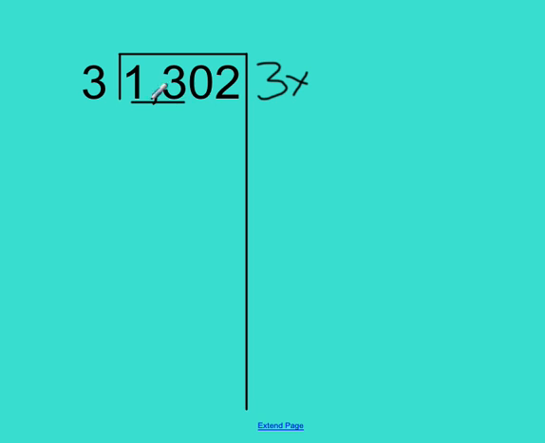Well, if I look at my first two numbers, I have 13. I know 3 times 4 is 12. That's really close. So I'll use 4. 3 times 4, I said, was 12. But this one is a much bigger number. I know if I multiply 3 times 40, I'll get 120. If I multiply 3 times 400, I'll get